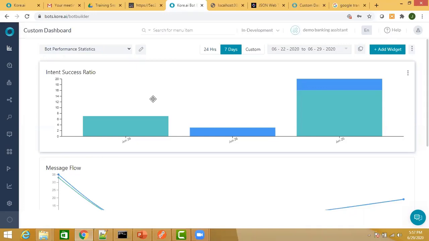But if you're on-prem, you can control this from the admin console. If, on a particular deployment of the platform, all the bots you are developing are very sensitive, you do not want to store the conversation history or the analytics report, because that might give the developers access to data which is not supposed to be exposed.